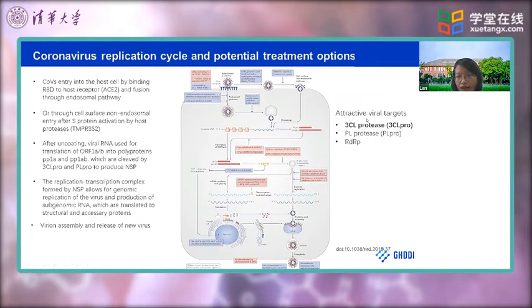Here are three attractive viral targets, and actually there are many more viral-based treatment options, shown in red in the figure. One of the viral targets I talk about is the 3C-like protease, as a demo case. Of course, there are other host-based targets for treatment as well, shown in blue in the figure.